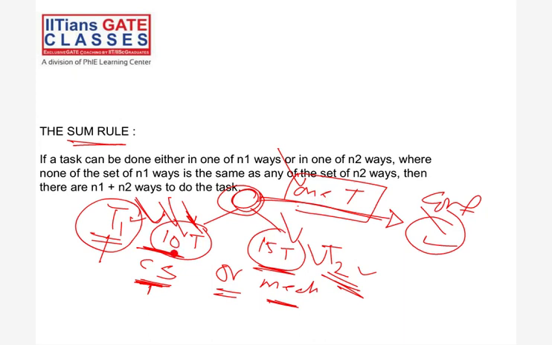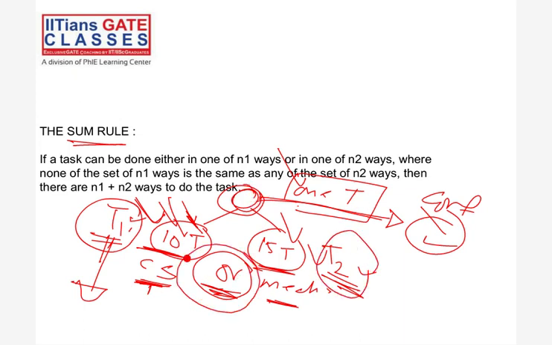So you can see that my main task can be divided into two tasks. And if I complete task T1, or if I complete task T2, automatically my main task will get completed. So you can see this word "or" is coming between these subtasks. So this "or" is telling us that